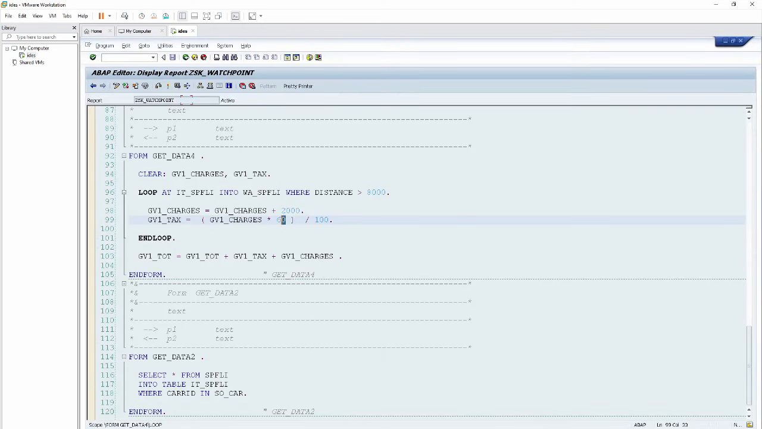And after calculating the value, it moves on to the GV1 tax, and after executing the loop, the system will add both the variable values into GV1 total, which will be our resulting variable. Hope you understand the logic. Here I have created this logic so you can easily understand